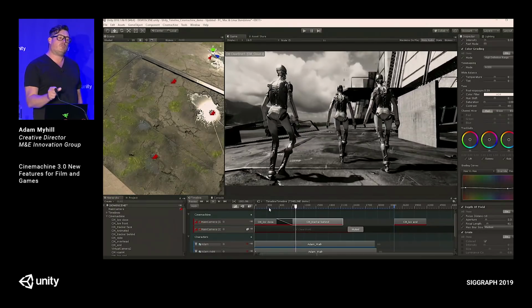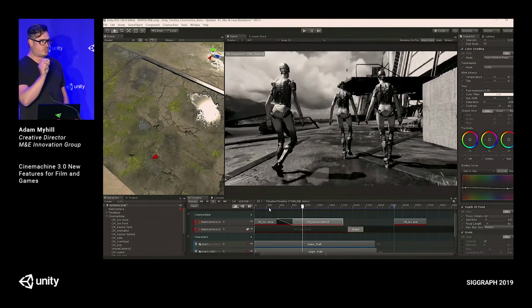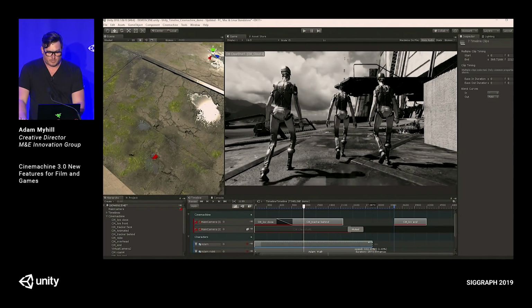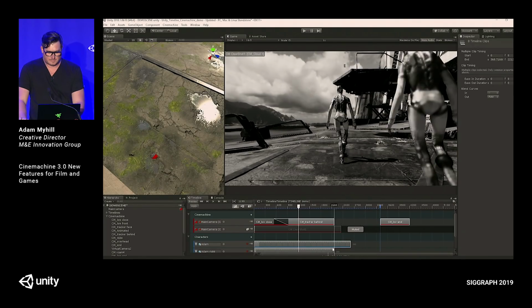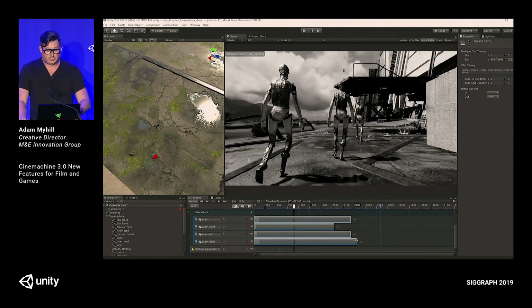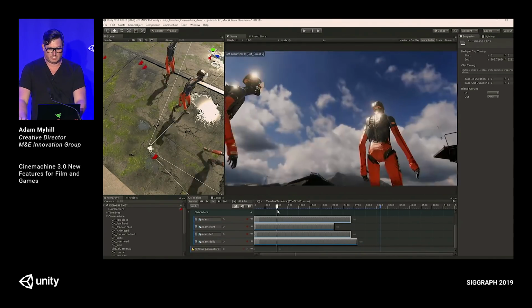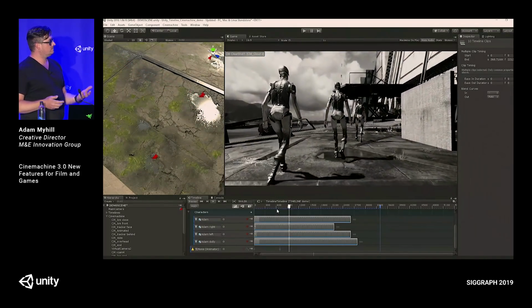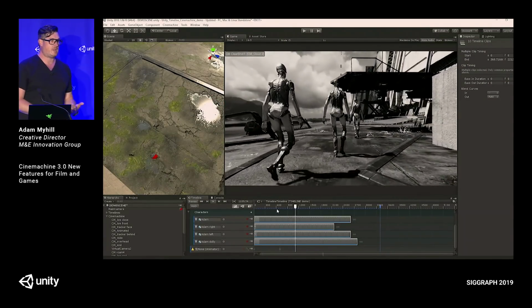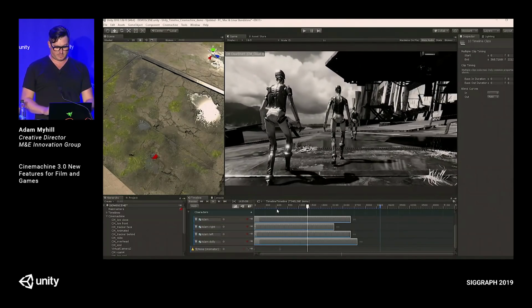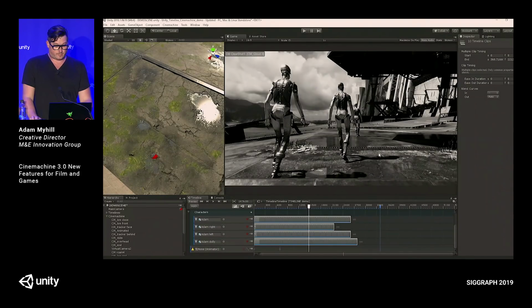And you can work so fast this way because it's just ideas on your shot, ideas on your shot, ideas on your shot. And then someone can say, you know what, make everybody walk faster. I'm totally breaking this, but I'm just holding shift and changing the durations on this. And everyone's walking faster, a little bit faster. And it also works because the cameras have that relationship with the subject. You don't have to do cameras last. You can do them earlier on, change your mind, go crazy on layout. It's just a really fast way of working.